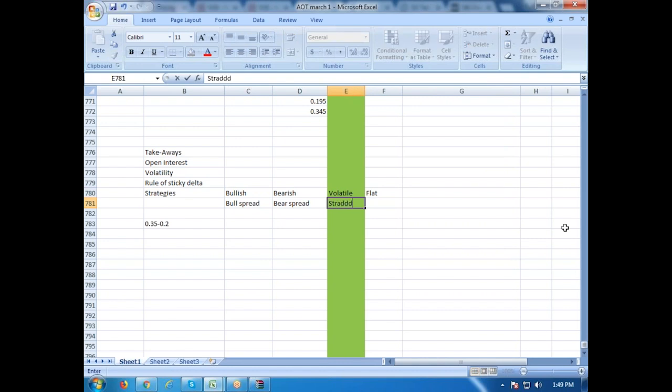वॉलेटाइल मार्केट के लिए स्ट्रेडल, स्ट्रैंगल, स्प्रेड, रिवर्स वाला, आई मीन आई विल नॉट से रिवर्स, यहाँ पे स्ट्रेडल, स्ट्रैंगल आप कर सकते हैं। फ्लैट मार्केट के लिए स्ट्रेडल, स्ट्रैंगल है ही है। शॉर्ट करने क्या एंड क्या है, आयरन कॉन्डोर है।